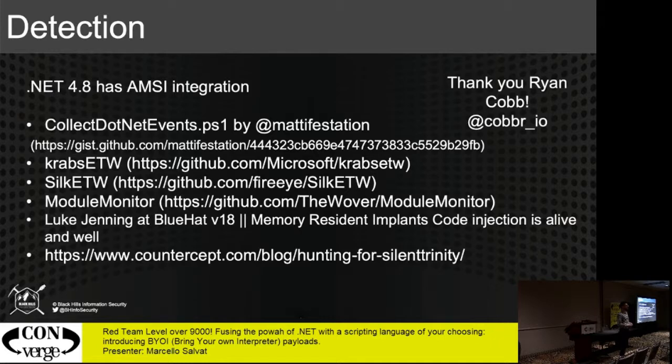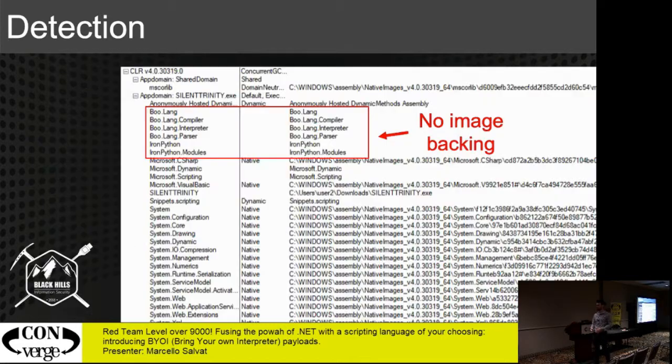But by far, I think the best way to go about detecting this stuff is ETW logs and upgrading your .NET version. That is, at least from my knowledge right now, by far the best way. Also, a really dead giveaway is, if you're not familiar with Sysinternals' Process Explorer, it actually allows you to monitor assemblies loaded in current .NET processes, right? So this is the app domain of a Silent Trinity stager that's running in memory. You can clearly see,